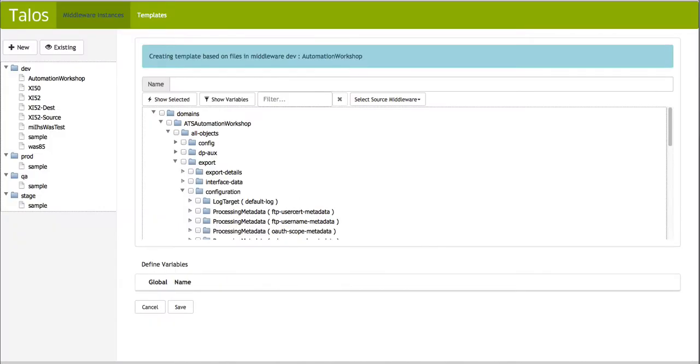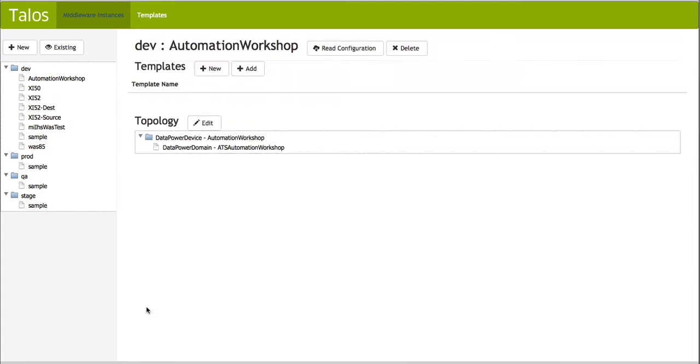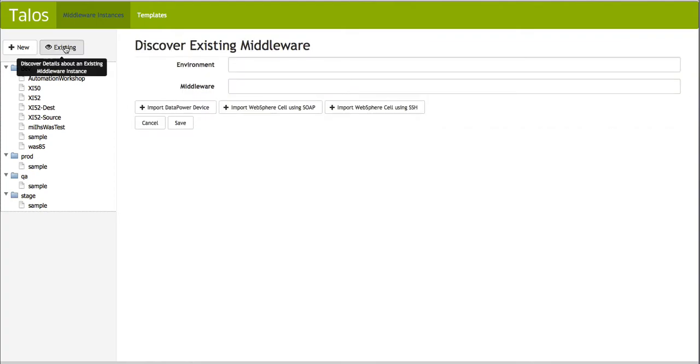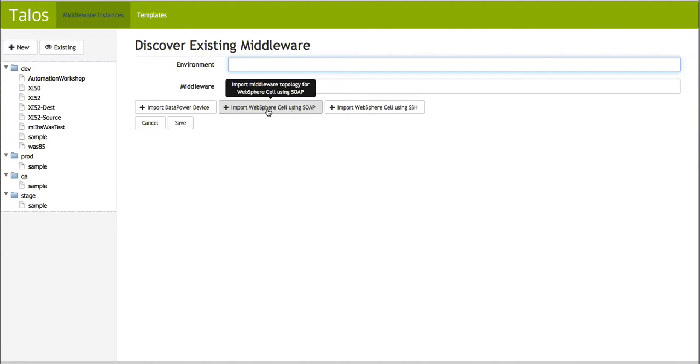To begin, I'm going to open up the Talos web interface, and I'm going to start managing some existing middleware. In this case, I want to manage this DataPower device, and I'm actually going to do that by reading in an existing device. Now, when I click on existing here, I can discover existing middleware. This could be used to read in a WebSphere cell. Perhaps you need to use Talos to manage WebSphere, and with the toolkit for DataPower, you can also read in